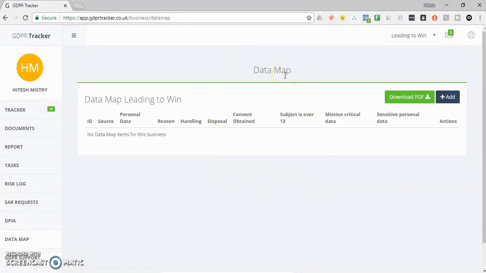I think when you're first implementing GDPR, one of the things you should do is be fully comfortable that you know how the data comes in and out of your business, who has access to it, and where it is stored. I think this will allow you to really tighten up exactly what you need to do in your business, or where the holes may be. Also, if anyone ever challenges your processes, you have access to demonstrate this is what happens. So today, if you go to add,